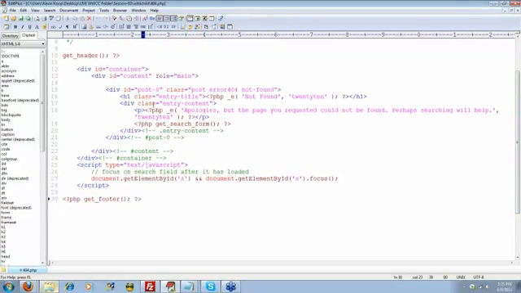Where's the real content? Well, it's right here. It's got a division with an ID of post-0, meaning that there's no post. It can't find that post, with a class of post error 404 not found. Heading 1 tag, a class of entry title that's going to say, what is it going to say? It's going to say not found. Remember that not found that we just said? That's where it's being delivered from. And then it's also going to echo this other content that says apologies, but the page,